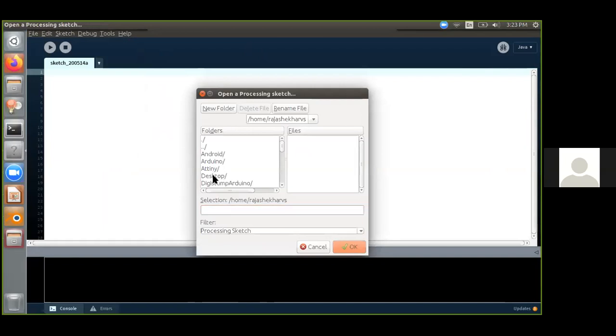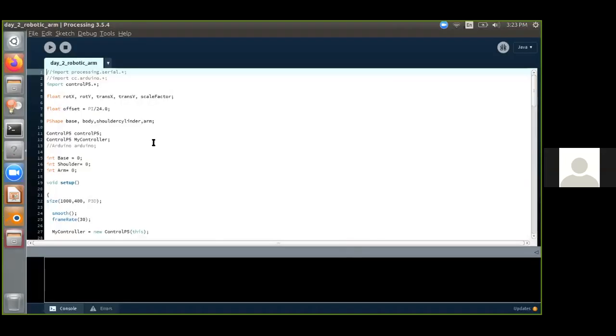You have to go to Desktop, and in Desktop, click on Day 2, Robotic Arm. In the files, you will find Day 2, Robotic Arm.pde, and click OK. So this will open. The lines that are commented, please leave them commented, because these commented lines have to be removed only when your hardware is ready with you.